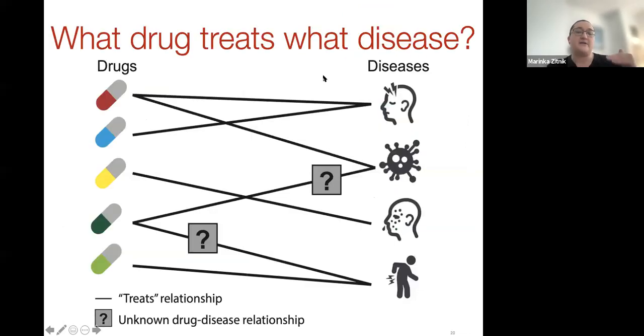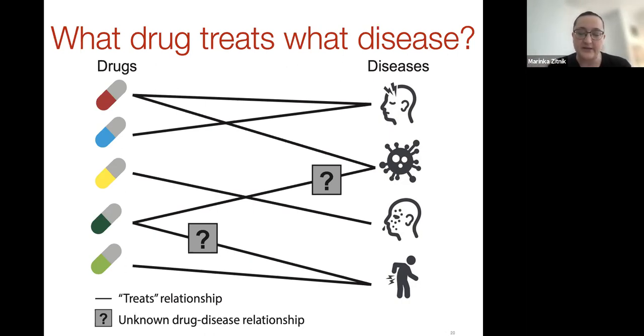Okay, so at the core of that question of identifying therapeutic opportunities for drugs is the task of predicting what drug might treat what disease. So we can think of this problem at the high level, and we will then unpack it a bit, as a problem where we have a large bipartite graph, where one part consists of drugs. I'm showing that on the left, the other part are diseases, and we can have tens of thousands of diseases that are currently codified in medicine, and thousands or tens of thousands of drugs that are approved or experimental investigational